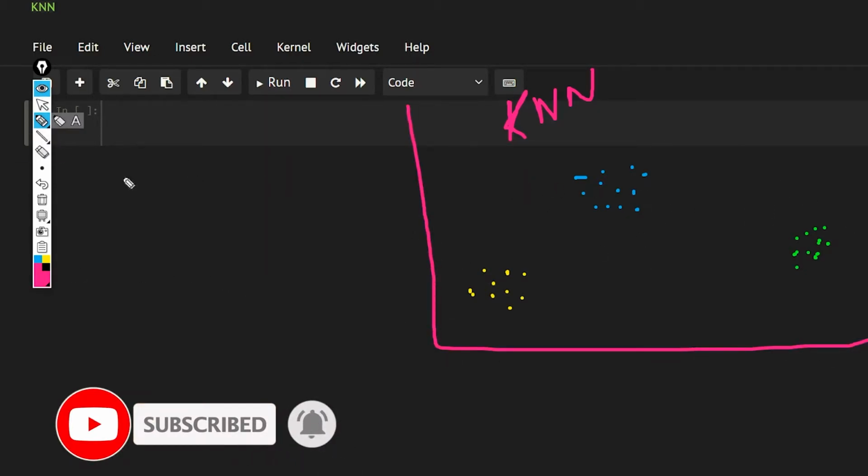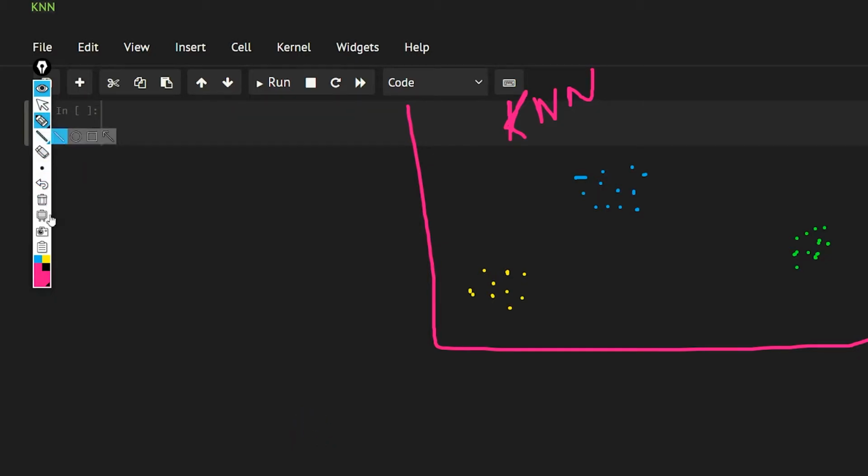Now let's suppose you have this data, and you plot a point, let's say this. Now what you want to do is classify whether this point belongs to this class, this class, or this class. Now how is KNN going to do that?